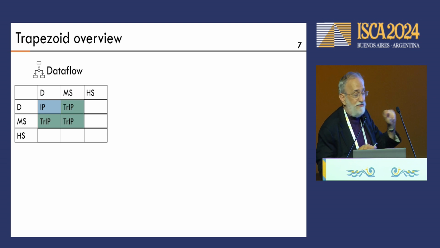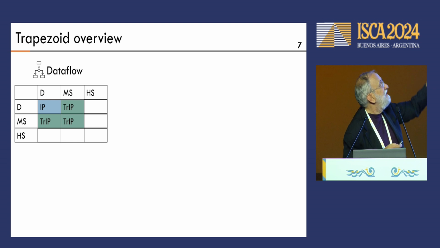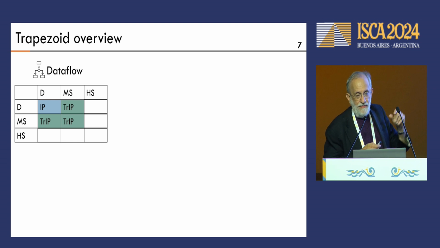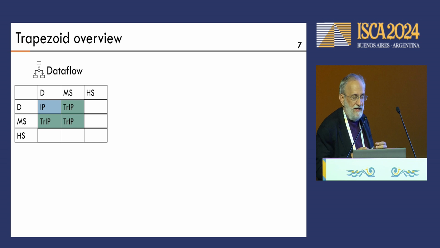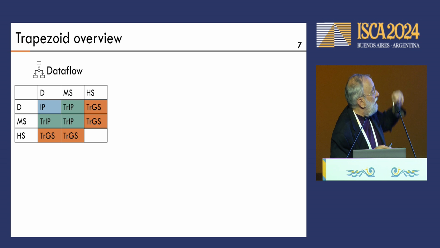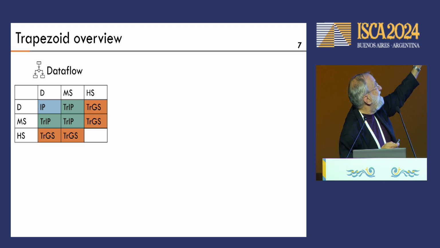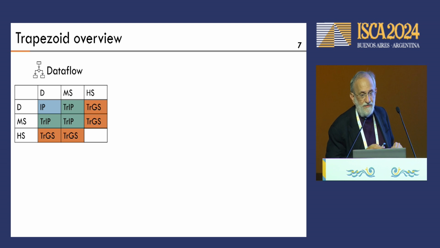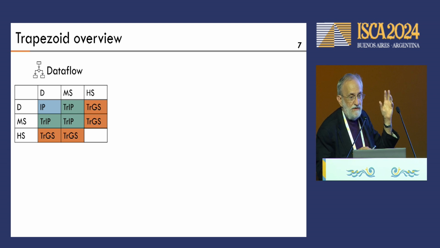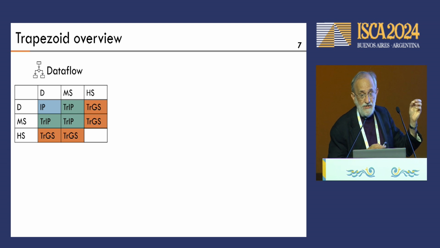For medium sparse, it extends that inner product with more sophisticated intersection to be able to pick up larger chunks of data. For highly sparse against not so highly sparse, it uses a Gustafson-based serial computation,